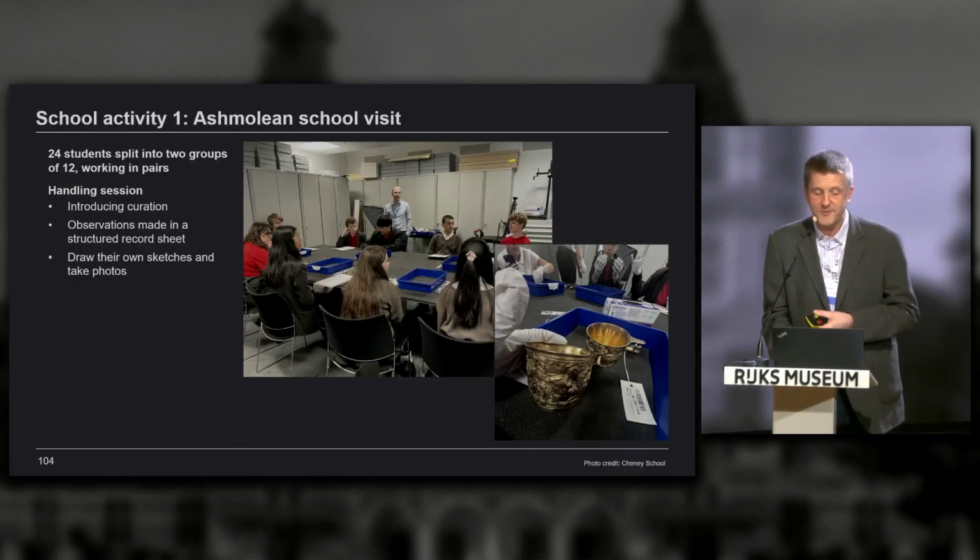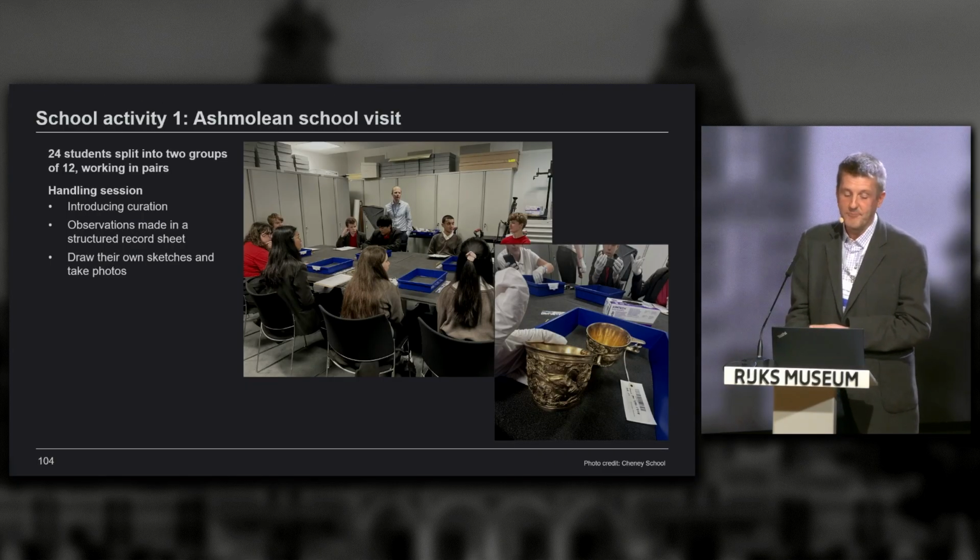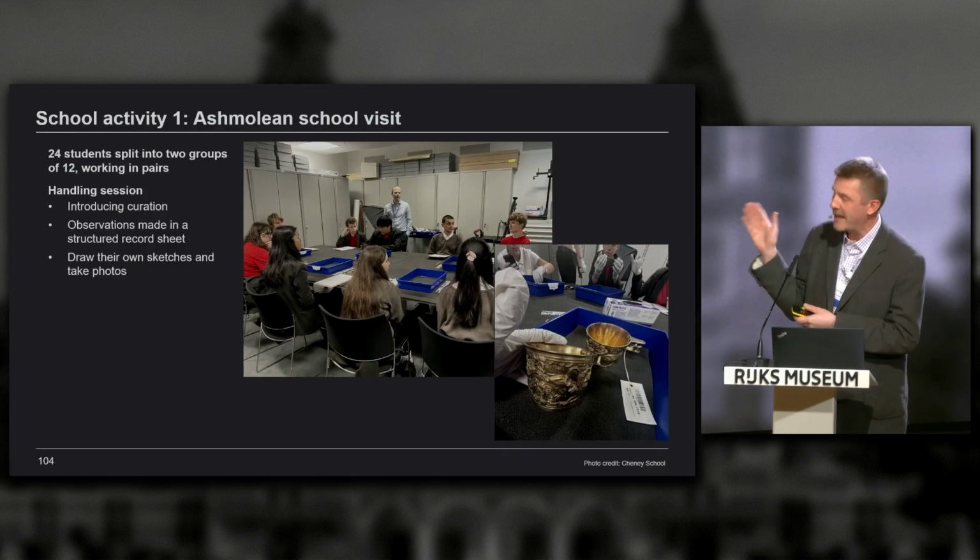So the form of the activities: the first activity in the program was a relatively traditional visit for the class to the Ashmolean Museum. I say relatively traditional, but it wasn't usual for most of these students. Rather remarkably, the vast majority of this class had never visited the Ashmolean, even though it's walking distance from their school. They walked in. One half of this visit was a session with the wonderful and very patient Andrew, who you can see there,